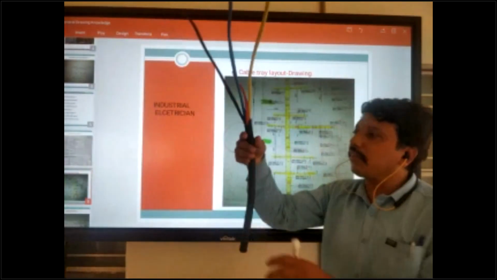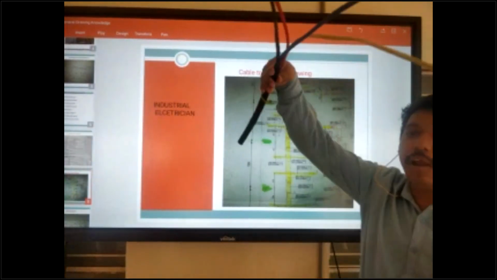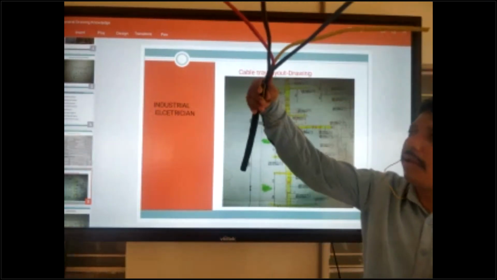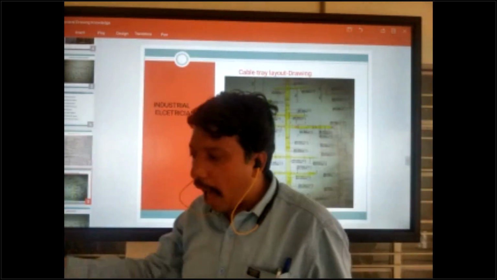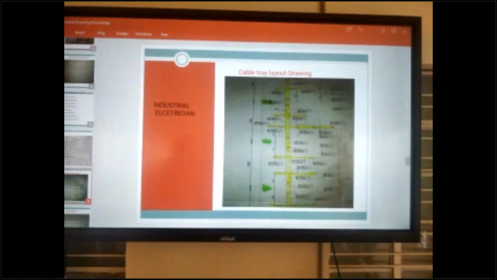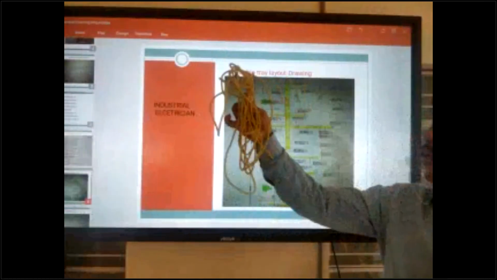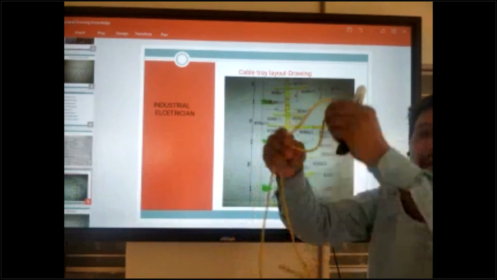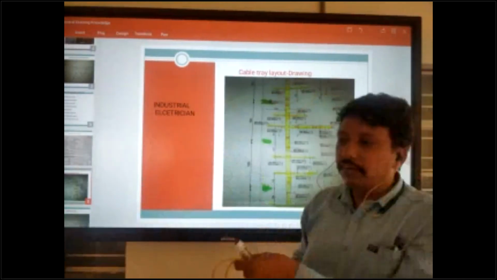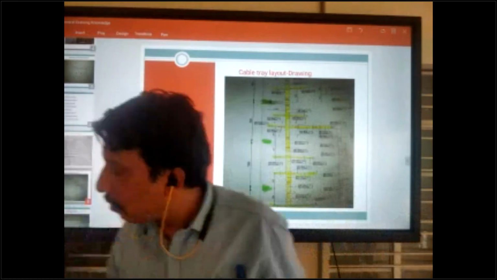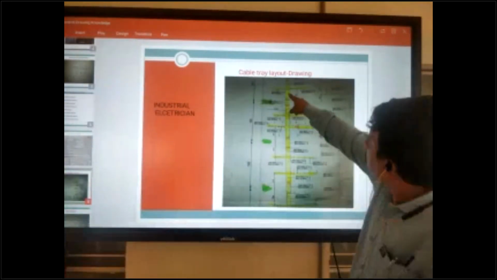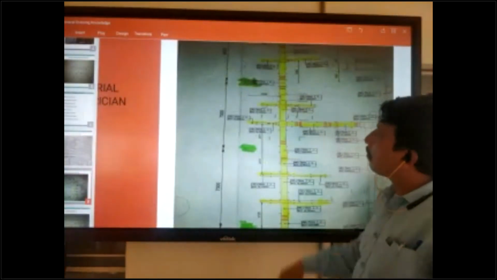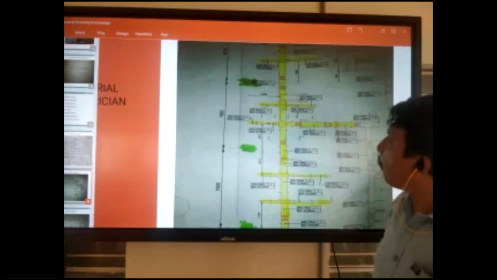This is cable. Okay, so this type of cable goes through the cable tray or cable ladder. Okay, so wire only goes to conduit. This is wire, so wire goes to conduit. PVC wire is the flexible type. Okay, you see, but cable is hard, so cable goes to trunking or cable tray. So cable tray work you can also do in industries or buildings.